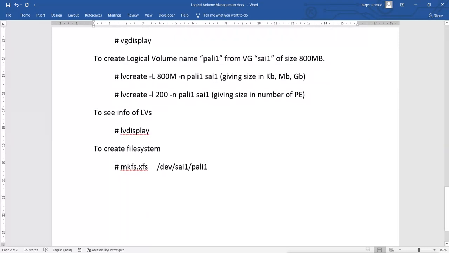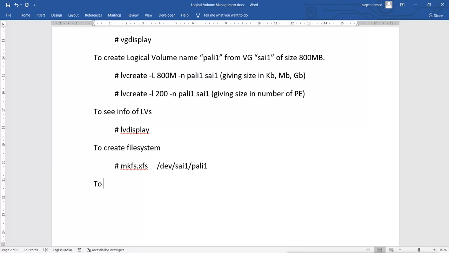After creating the file system, we can mount it on a directory to use, by the command mount with the path which is under /dev/Psi 1/Pali 1, and then you will mention the directory name, whatever directory you want to mount on.